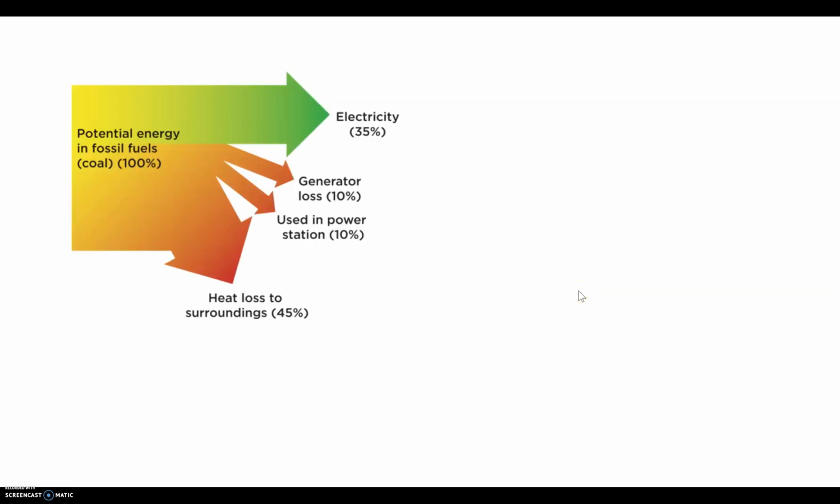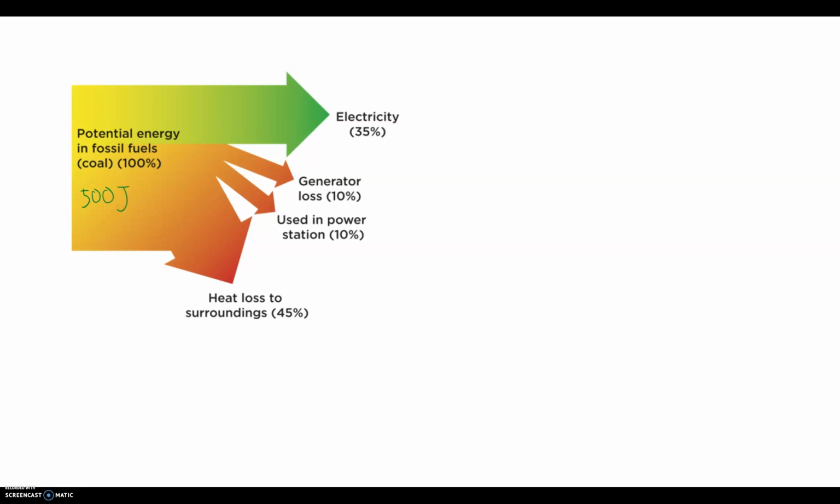So this is another one using energy, but instead of having actual amounts of joules of energy associated with it, it just has percentages. So it's saying if I had some amount of coal, that coal has a certain amount of potential energy in it. And when we burn that coal, we release that potential energy and it goes into these different avenues. So for example, according to this diagram, let's add some numbers in here. So let's say I started out with 500 joules of potential energy stored in some amount of